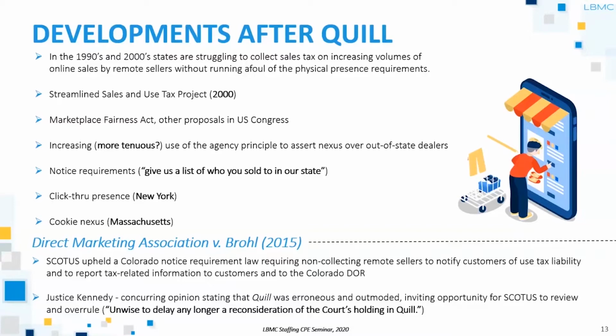The other thing I mentioned earlier, this concept of indirect presence, agency nexus. And you saw a lot of that. We really saw a lot of that here in Tennessee. And that is always a factual inquiry. Sometimes the facts are clear, sometimes they're not. And I think some states were more aggressive than others in trying to find an agency relationship. Oh, you have somebody in the state doing something on your behalf, again, to drive a sale. Therefore, you have a physical presence. It's not you directly, remote seller, but you have an agent in the state that's creating nexus for you. Again, very factually difficult to sort out sometimes.